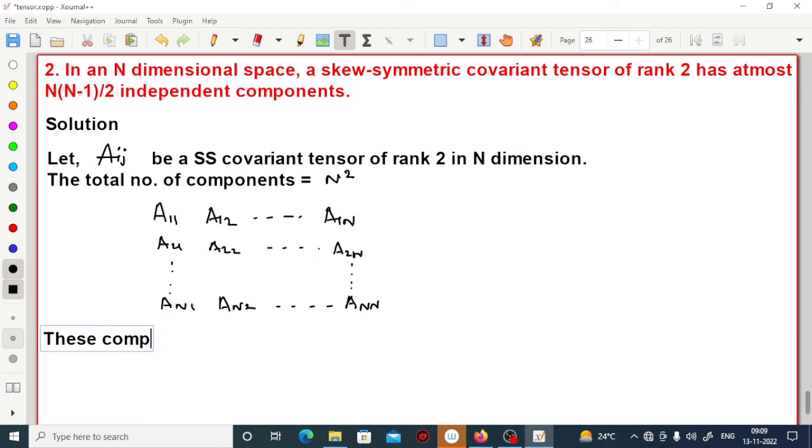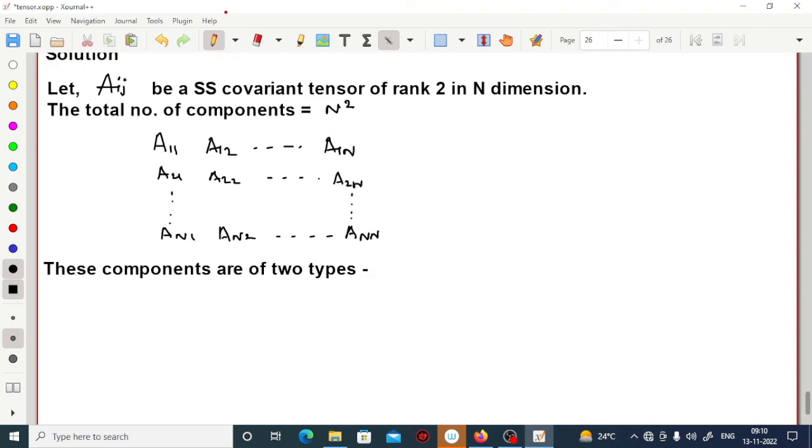These components are of 2 types. এখানে কম্পোনেন্ট গুলো দুই টাইপের আছে. What are those? Those in which indices i and j are same. তার মধ্যে প্রথমটা কি? একটা হচ্ছে number 1, those components